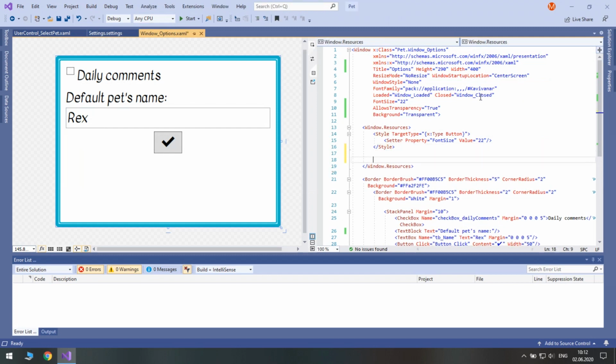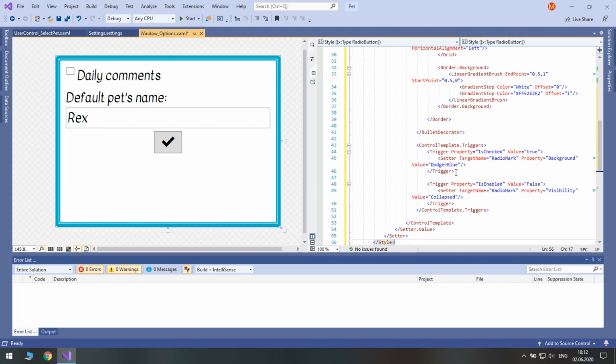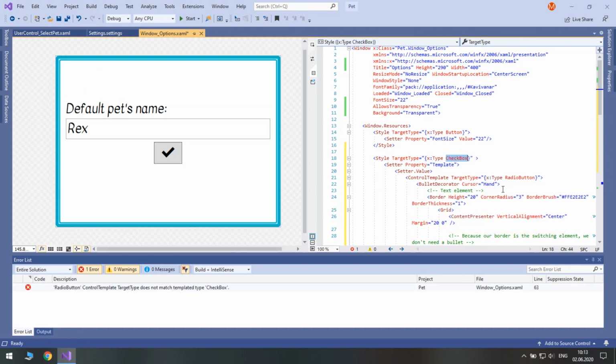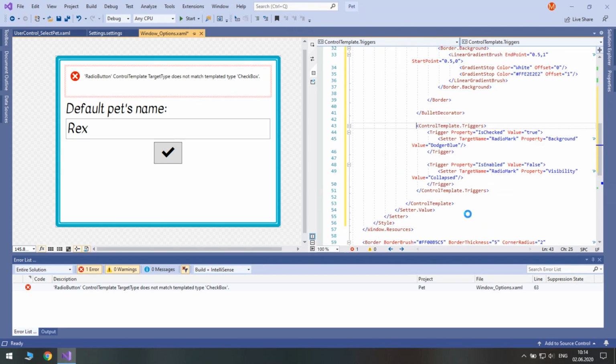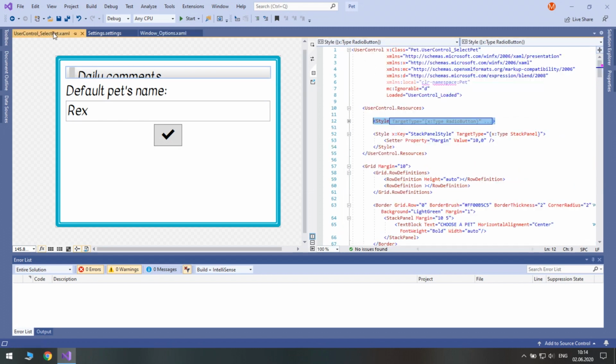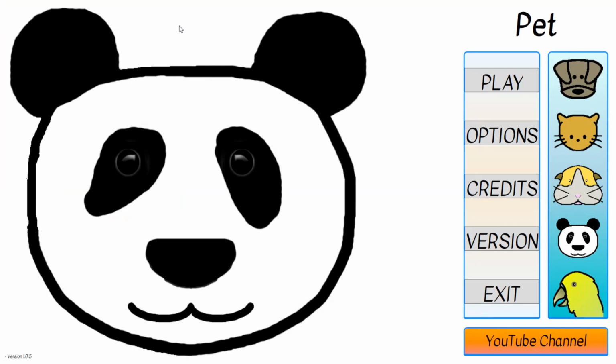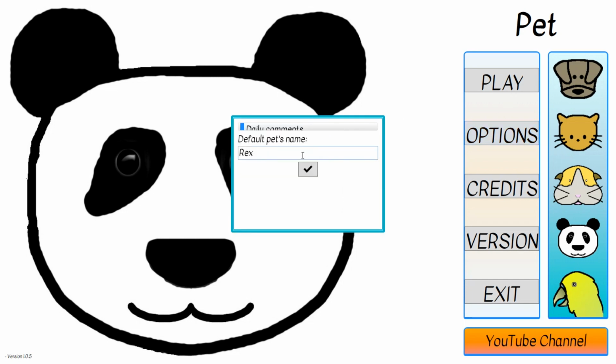So let's add the style here. In order to change it for checkbox, of course, we need to target the type checkbox. The control template should also be checkbox. We need to just rebuild it. And here we have a similar style as for our radio buttons. Let's check if it works. So, yes, it does. Good.